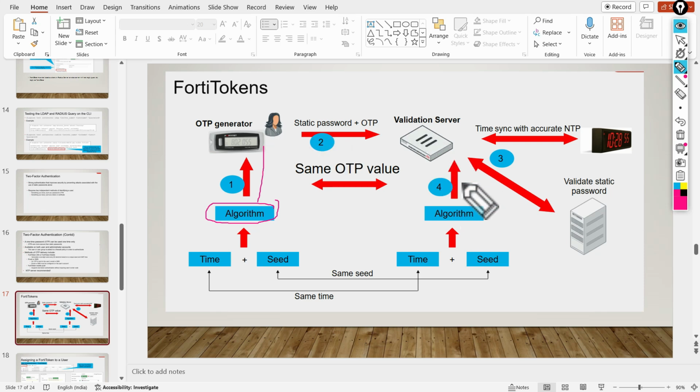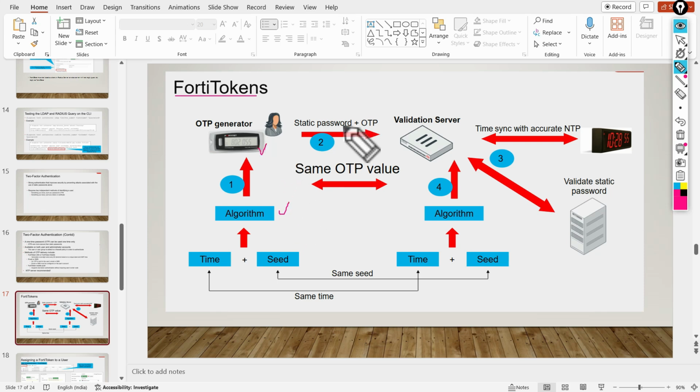Once the user enters that OTP, it comes to the validation server. The validation server also uses time plus seed to generate the algorithm, and using that algorithm it verifies that the provided OTP is correct. So how does FortiToken work in this case? The first step is that the OTP is generated using the algorithm.